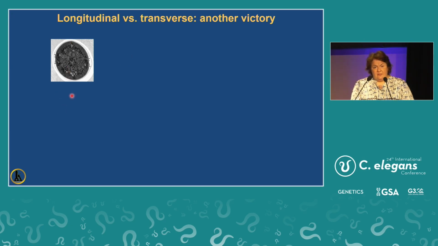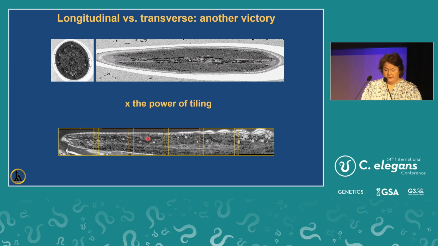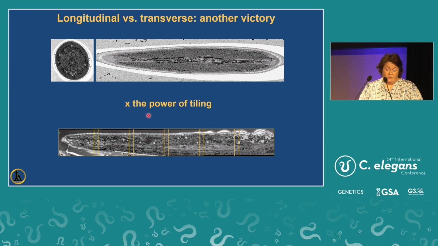That is not very intuitive, especially for people who use fluorescent microscopy, and it's basically not how we can directly interpret the data. However, if you have a longitudinal section, you can already obtain a much larger area, and it will also be in a familiar orientation. And then there is this part of tiling, right,